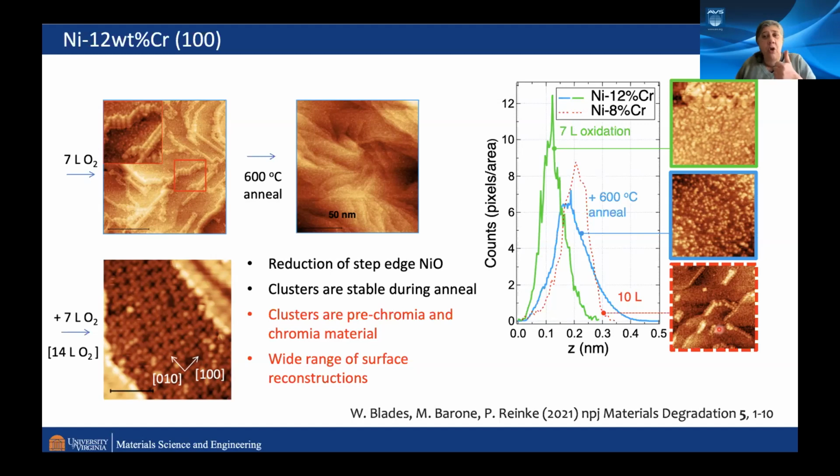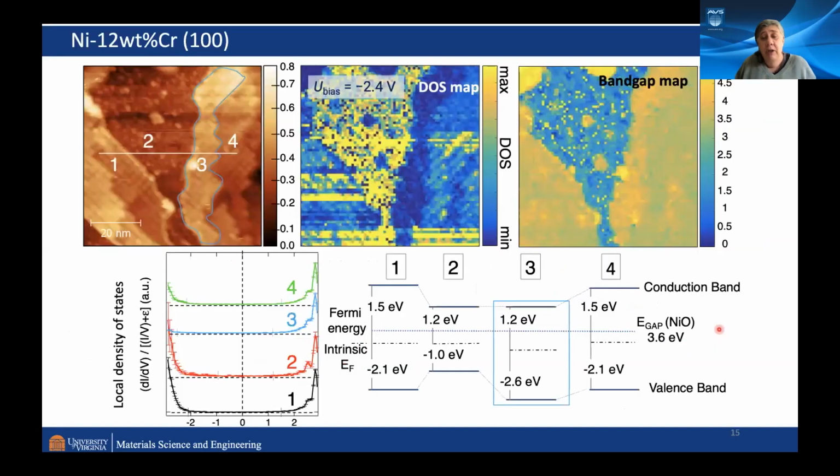So we now know the nickel oxide forms at step edges, and it is favored because I have chromium in my system. It's very weird, isn't it? The chromia forms first as clusters and then goes through several steps in forming our desired chromia. Okay, so I told you all of that, but I also promised you to show you some heterogeneity.